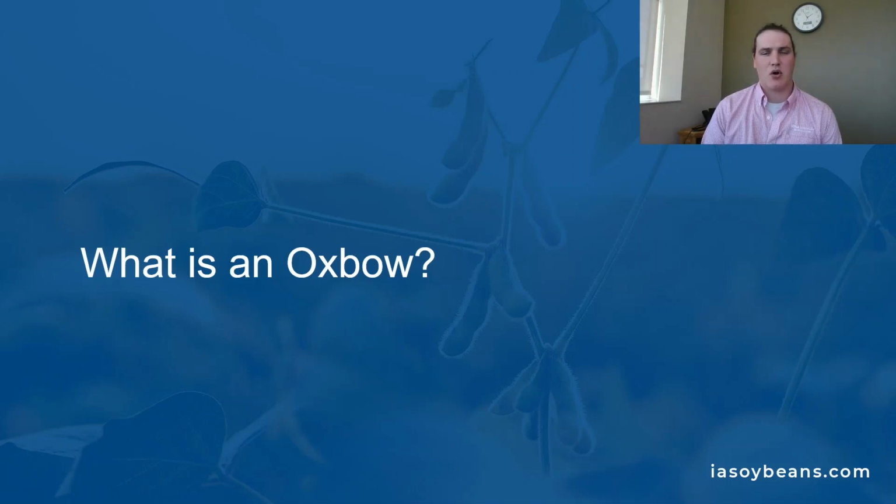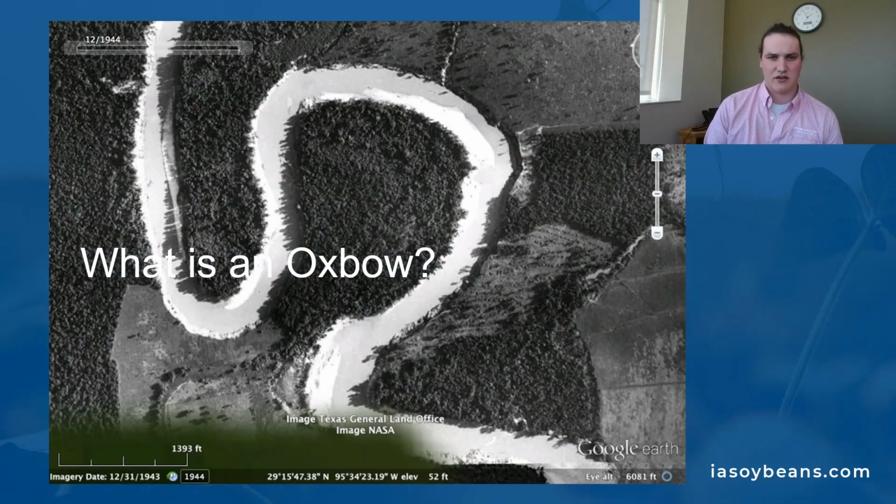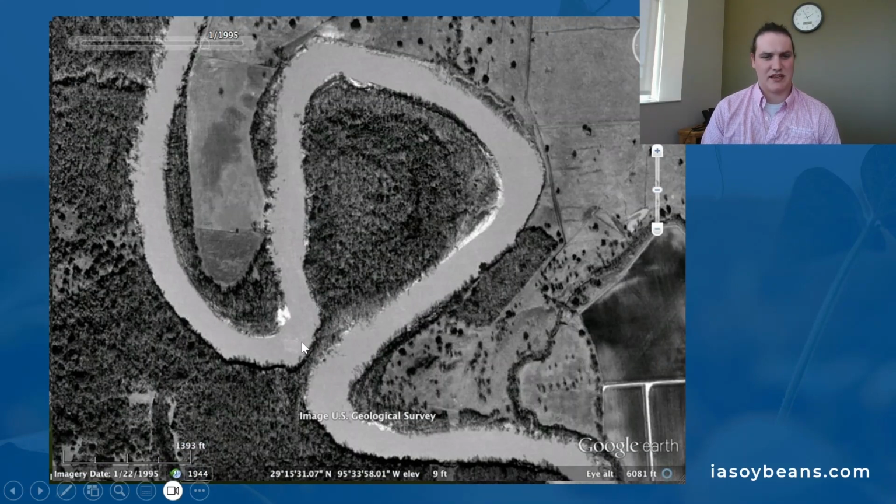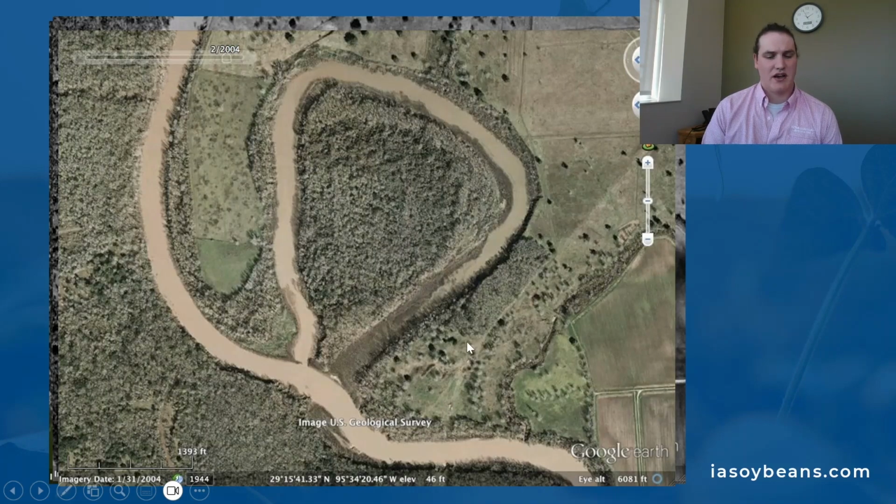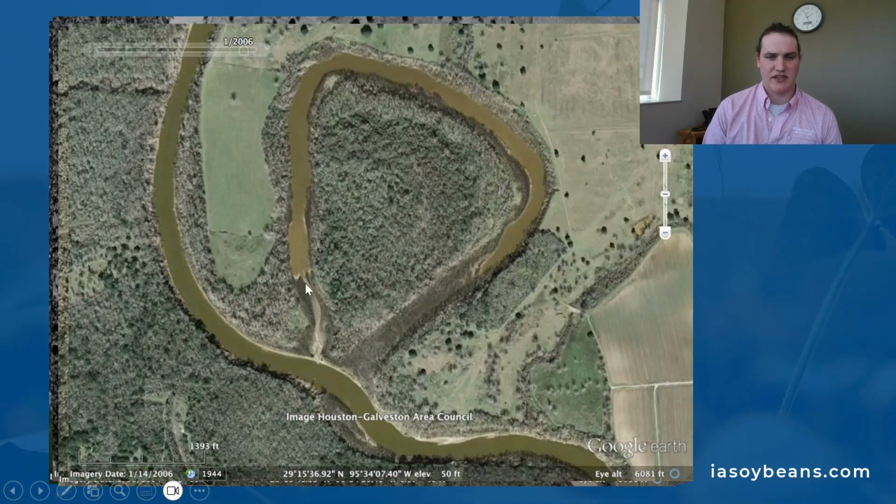An oxbow is an old stream meander that gets disconnected over time. It can happen naturally or man-made. So this is a natural oxbow restoration forming. As you can see over time, the center section is eroding, so it is becoming smaller and smaller. Eventually, it does cut through and creates this off-channel wetland, the oxbow, and then eventually it is completely cut off